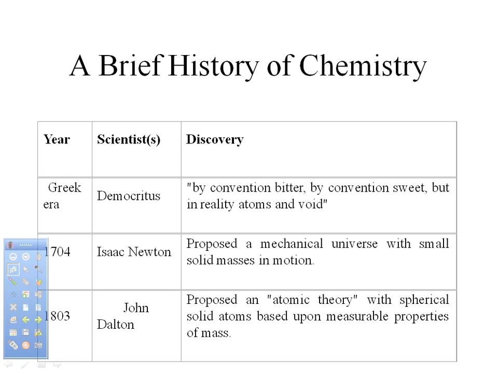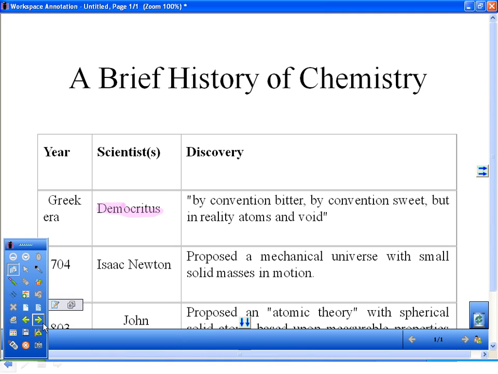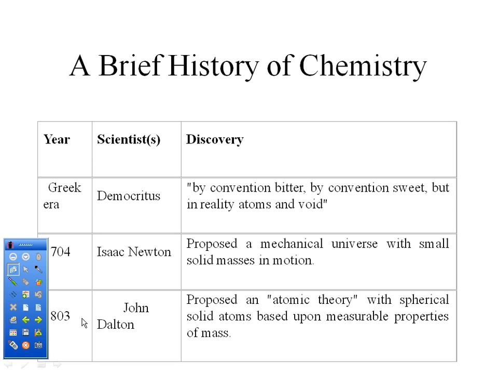And John Dalton was an English science teacher, and a lot of this stuff was coming from England. But he said, hey, look, let's just look at this thing called an atomic theory. And he basically said everything's made up of atoms, small, spherical solids that have measurable properties. So what were some of his theories? Well, if we take a look,